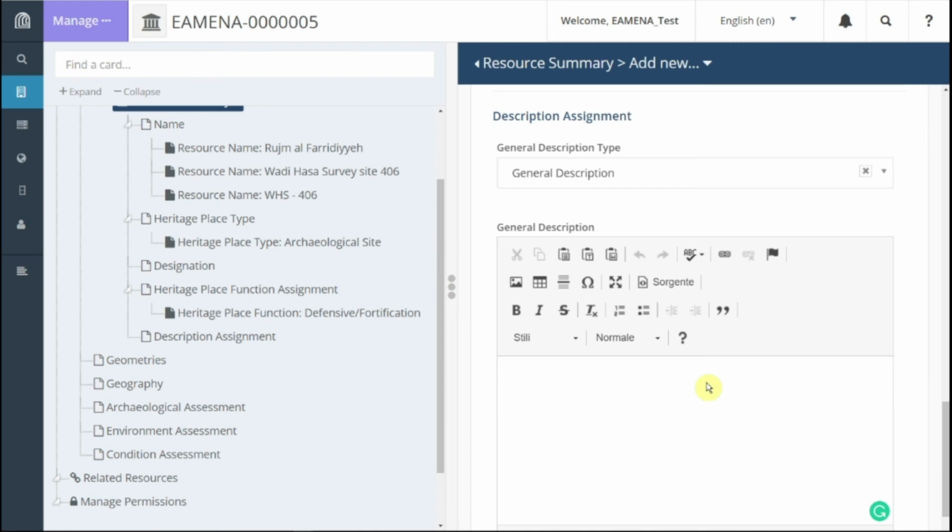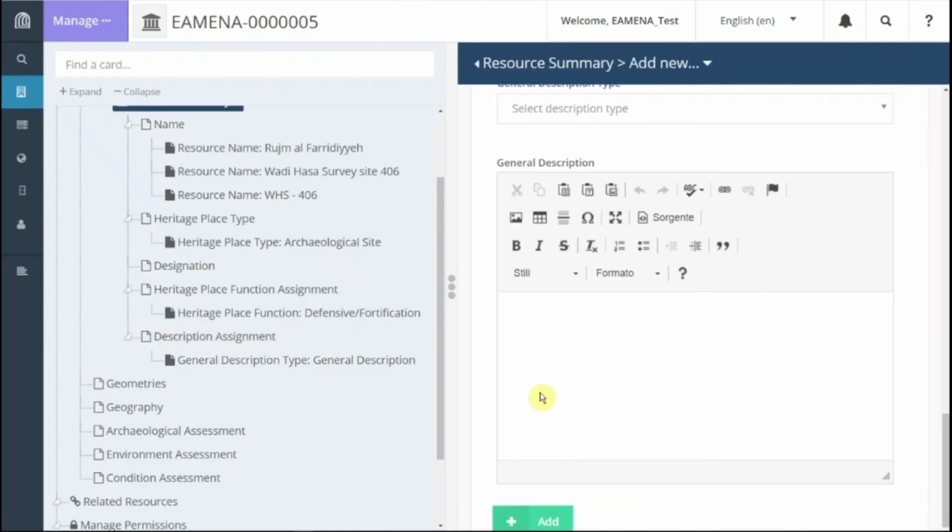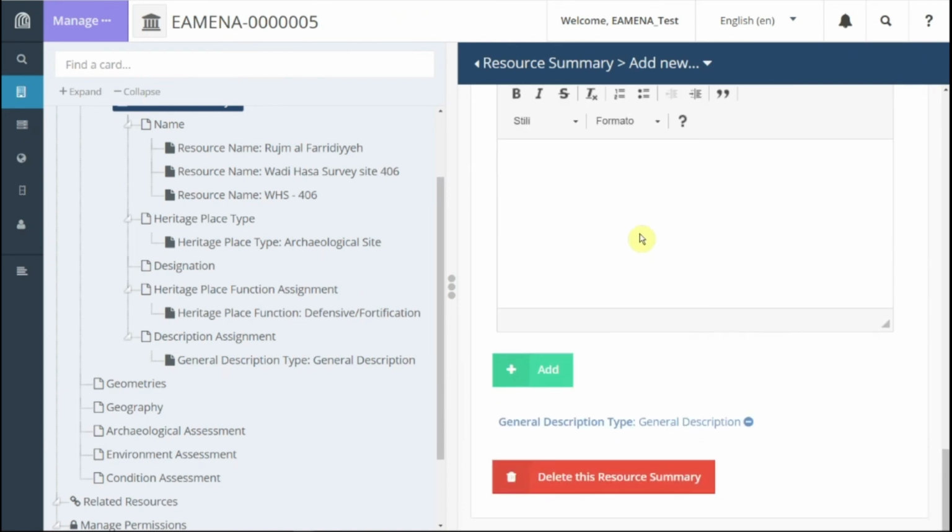After you fill the general description, just click on the Add button. Repeat these steps as many times as you need to enter different types of description or comments.